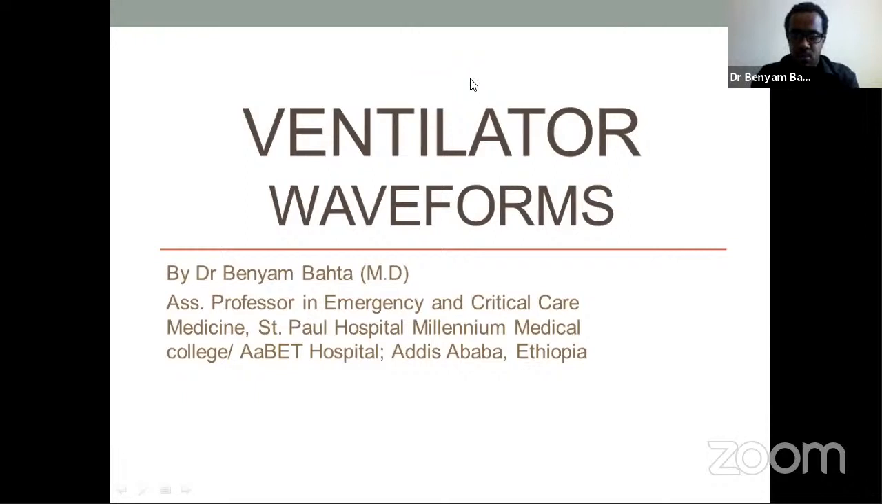Good afternoon, everyone. Today we'll be discussing ventilator waveforms. Previously, we tried to cover mechanical ventilators in general. So far, we have discussed the modes, the way of breath delivery, and how a patient can receive a breath. So this is a follow-up on that regarding